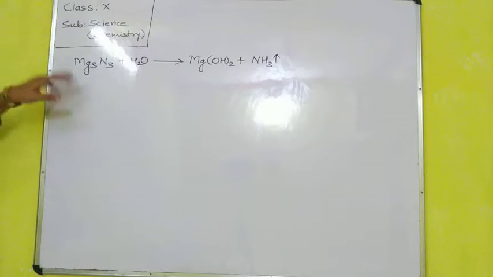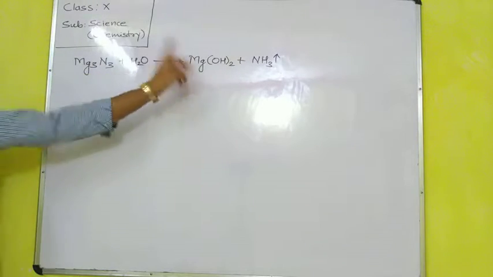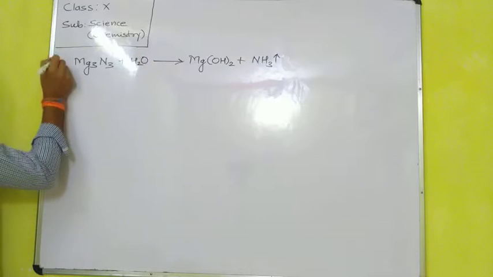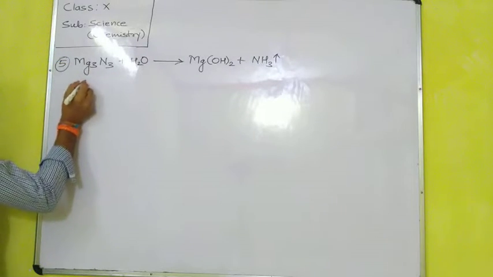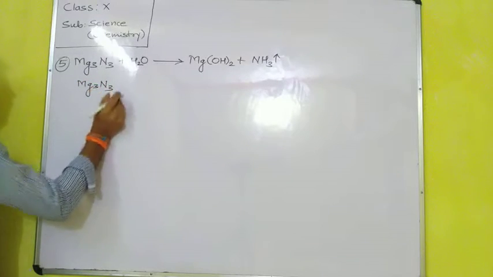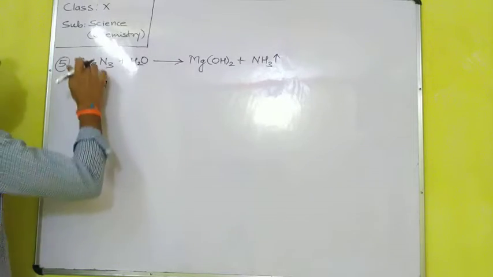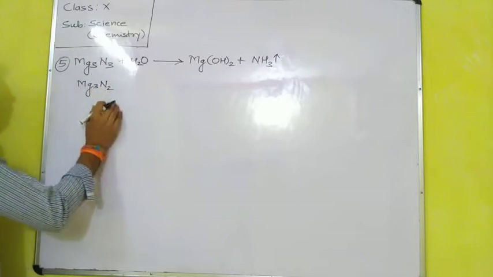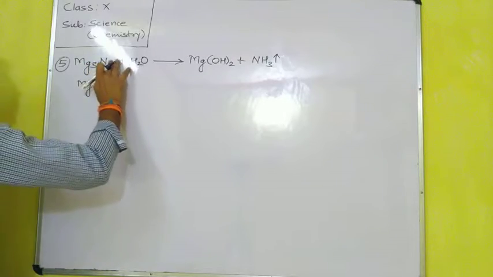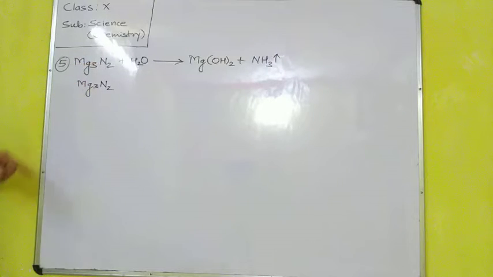So first we have to start the balancing of metals. Here 3 atoms of magnesium, here 1 atom of magnesium. So first we have to balance the magnesium. Fifth chemical equation, this one. So Mg3N2, yes, N2, because the valency of magnesium is 2, no? It will cross to each other. Magnesium its valency is 2, nitrogen its valency is 3, so that it will cross over. Okay, this cross.